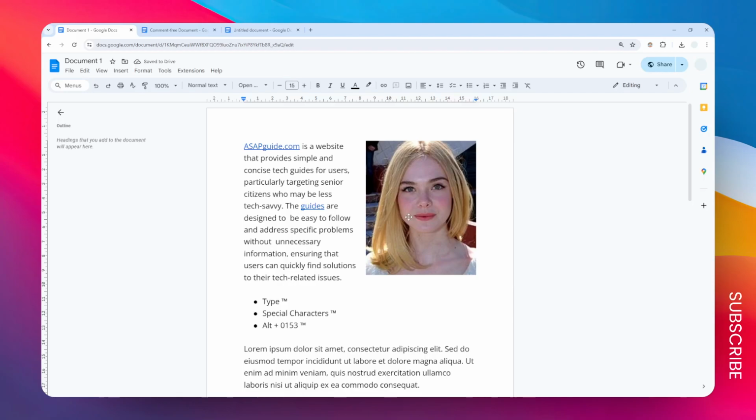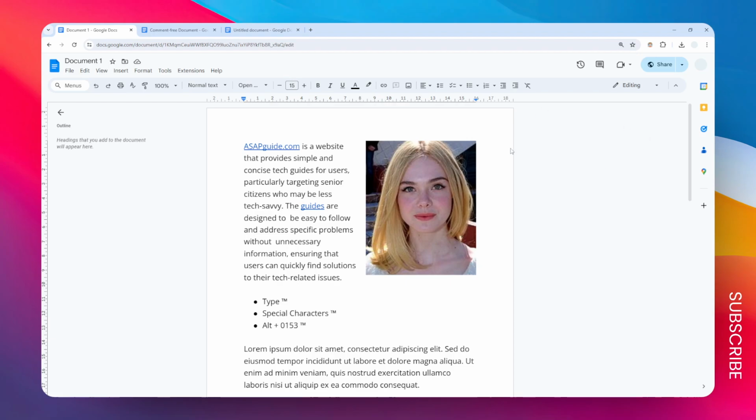This is the quickest way to add alternative text to an image in Google Docs. Alternative text is useful for accessibility, or just giving the image some context to people with visual impairment. So I think this is a very useful addition to your document to ensure that it is readable to the